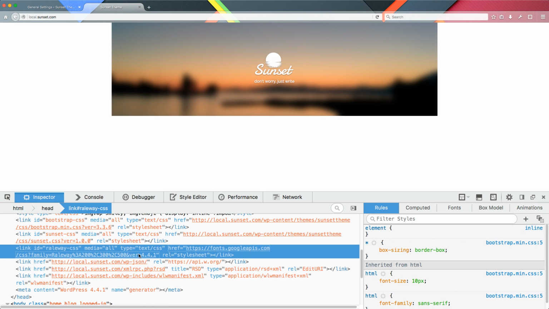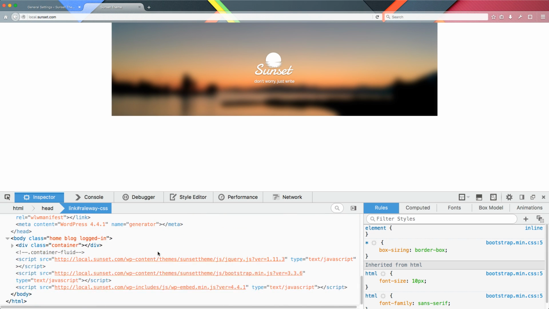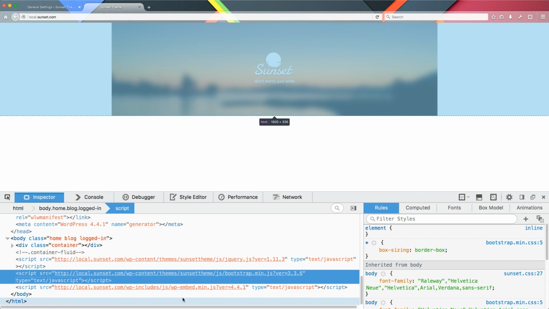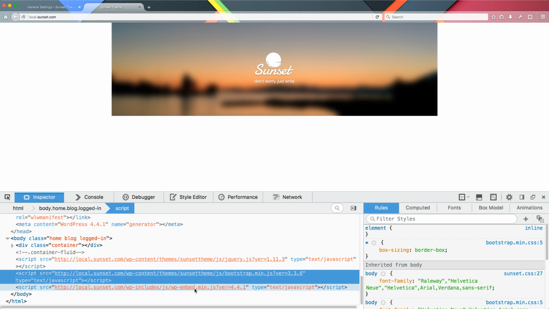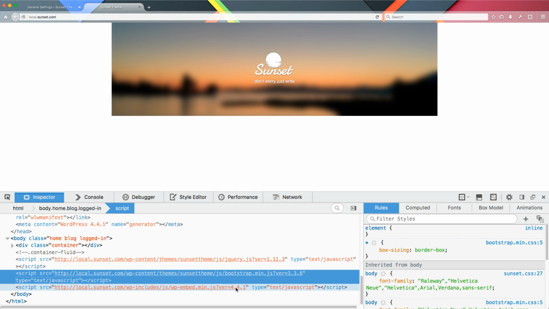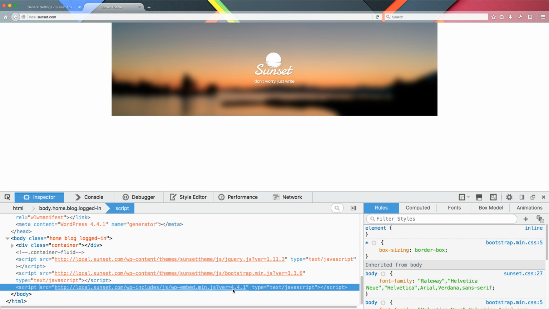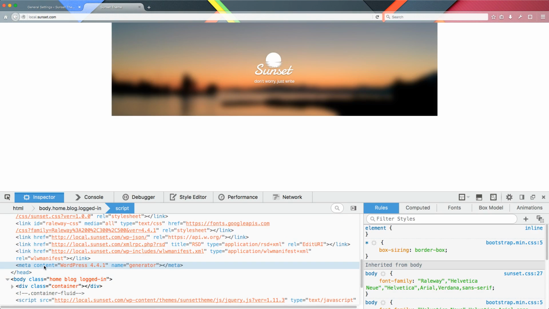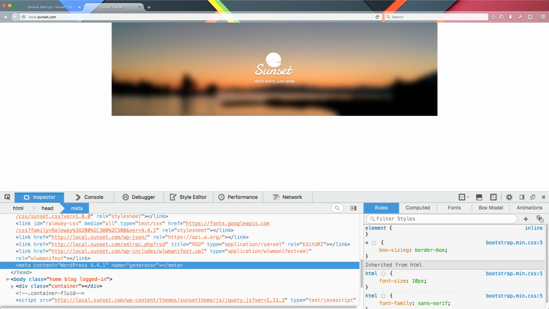So it gets added to the CSS sometimes, and also, if we scroll down in the footer area where the scripts get included, you will notice it also gets included in the wp-embed.min.js, that it's a default code of WordPress. So we have to strip this value from the JavaScript inclusion, the CSS inclusion, and the actual meta tag content. To do that, of course, we have to write a function in our functions file, and we can